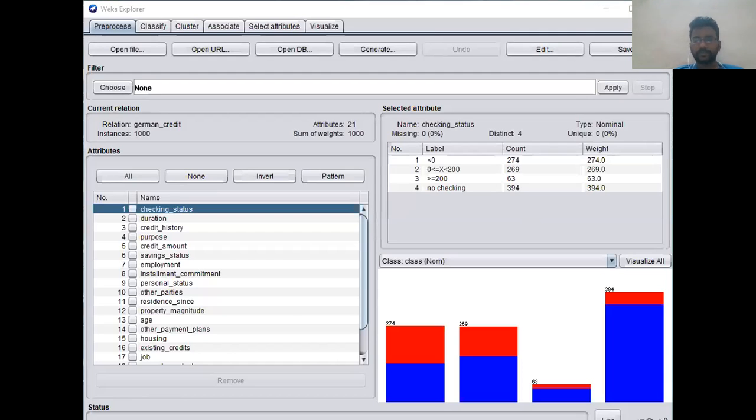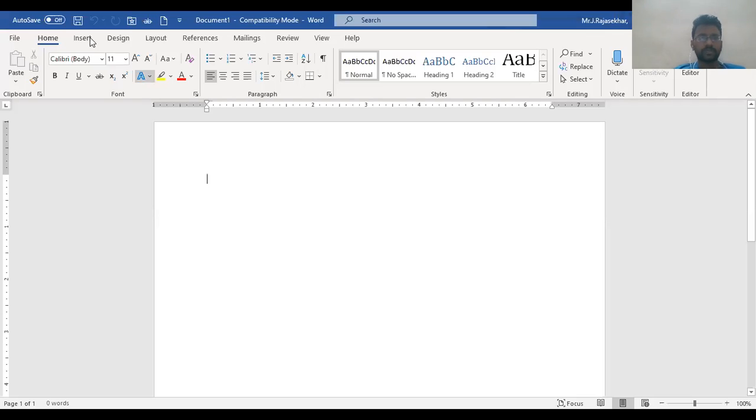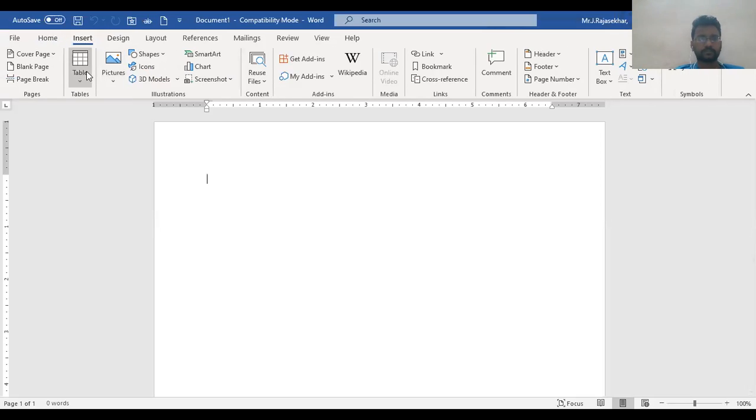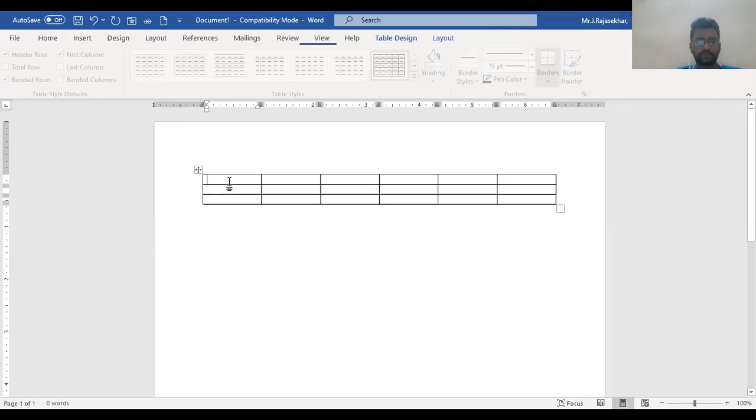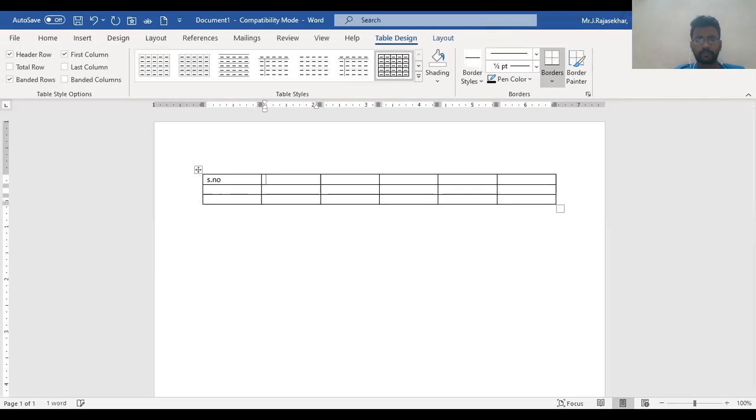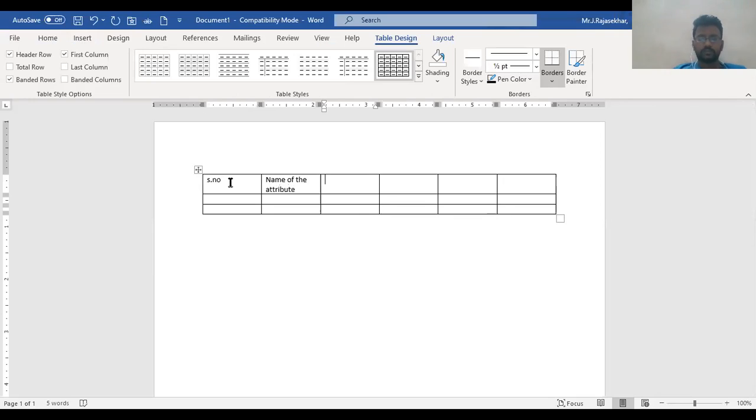Let's take an empty Word document. In this empty Word document, draw a table with all the categories. That means serial number, name of the attribute, type of the attribute,